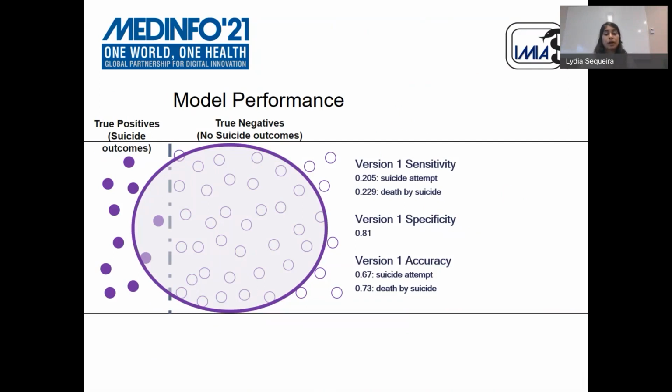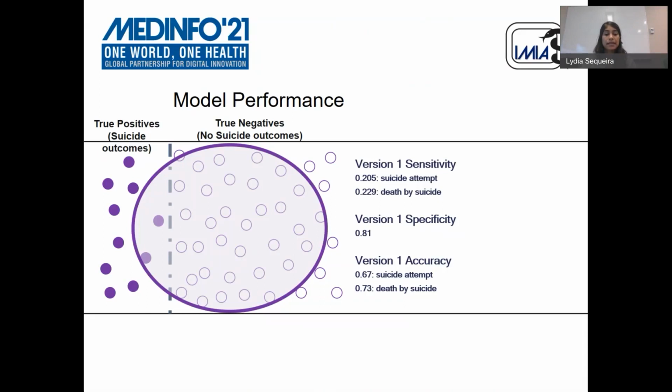In real life, the rate of outcomes of suicide, as you can see from the visual here, is not equal to that of non-suicide outcomes. It's much lower. And while this is a good thing for clinical care and humanity in general, it can make evaluating predicted models a little bit more difficult. Therefore, when looking at total accuracy, which is the proportion of classifications a model correctly predicts, version 1 of the model hit 73% for predicting death by suicide and 67% for predicting suicide attempts, largely because of the high specificity. Since the percentage of prediction for suicide outcomes was so low initially,